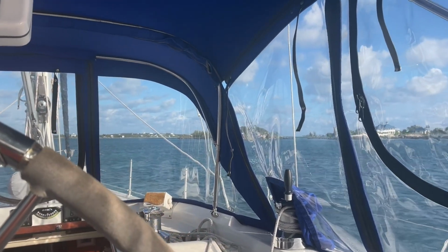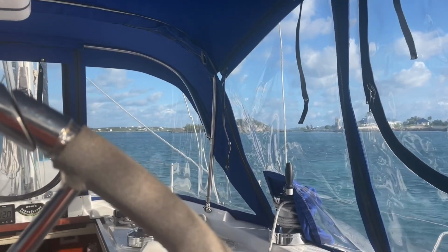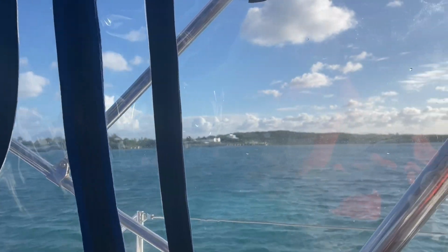And this morning, as we picked up our anchor, we picked up a cable. And it took about 30 minutes for us to figure out how to get that cable out of our anchor. There's no cable crossing shown on the charts. But that's where we were